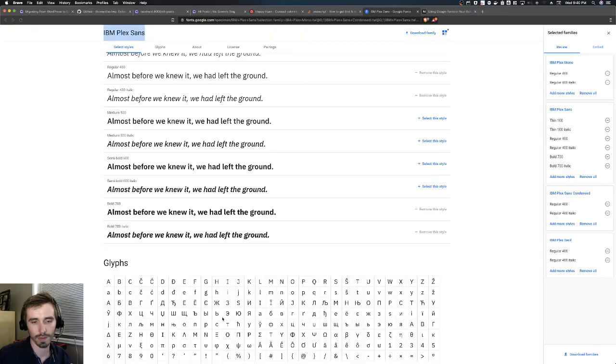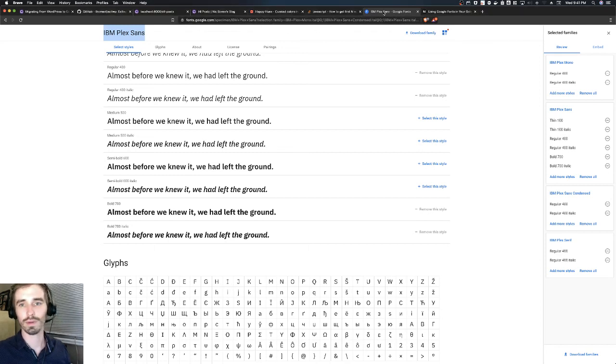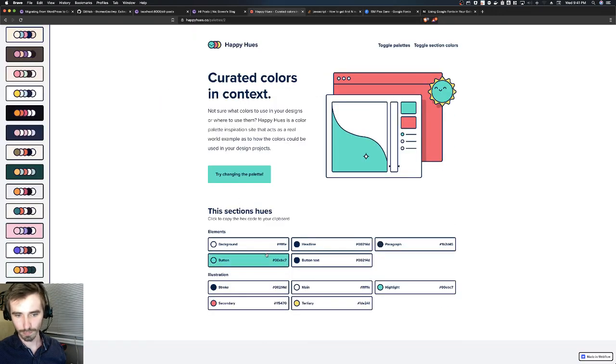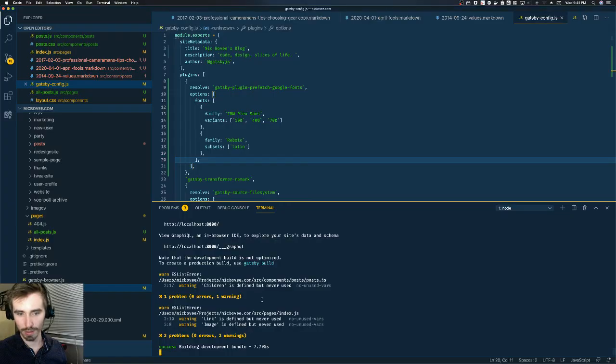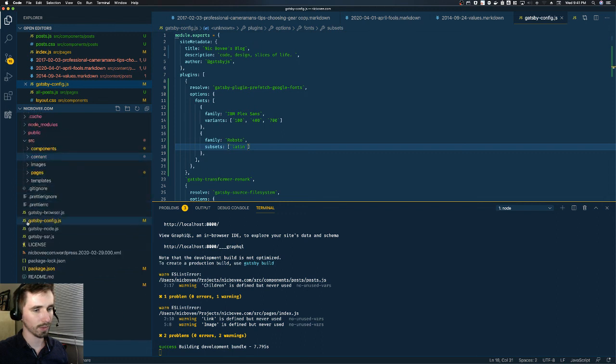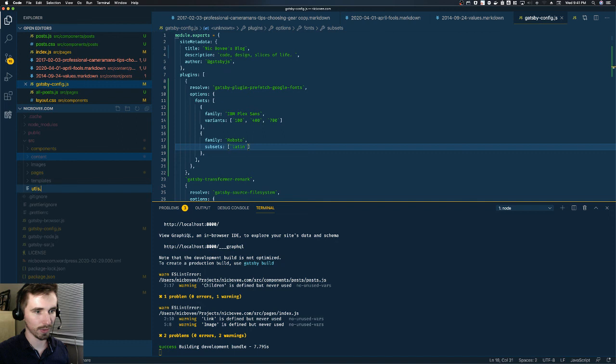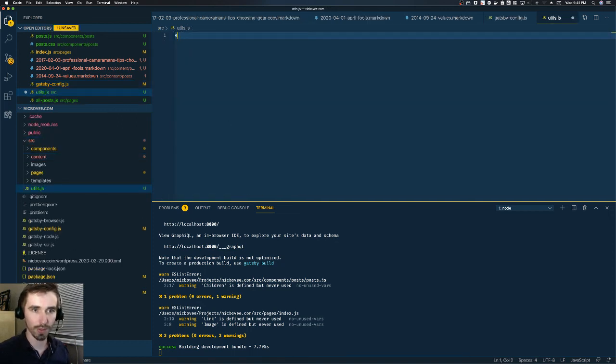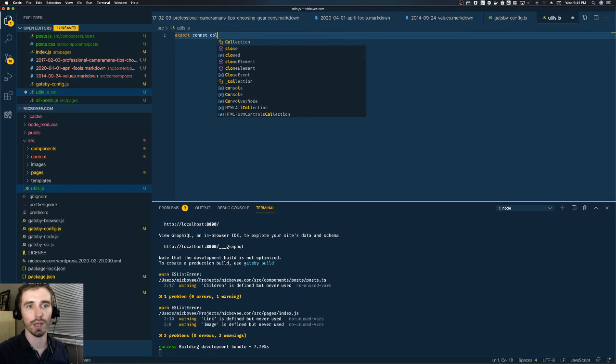Okay, building development bundle. Where'd that go? Oh, here it is. Happy Hues. Copy this guy. Let's do a colors. New file. And then we'll create a utils.js, and then inside of that we can do export const colors